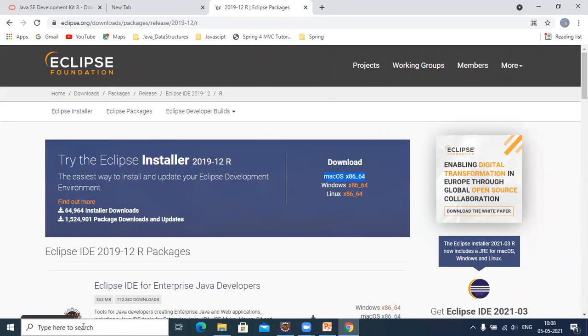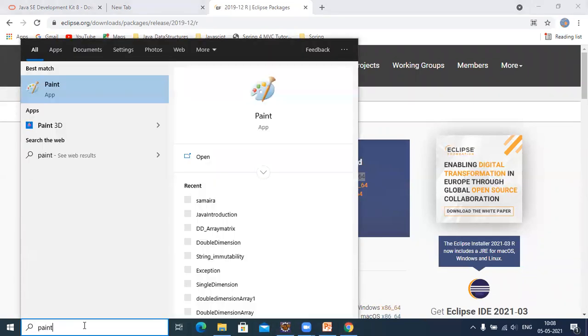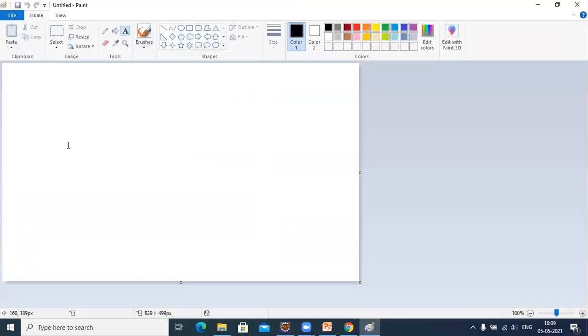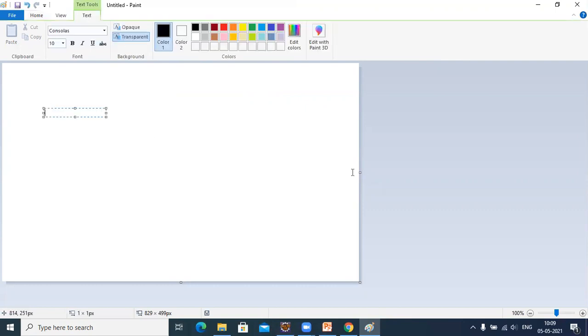So the first step is you are supposed to install JDK, that is Java SDK. To start working with Java applications, you are supposed to download Java SDK. SDK stands for Standard Development Kit.